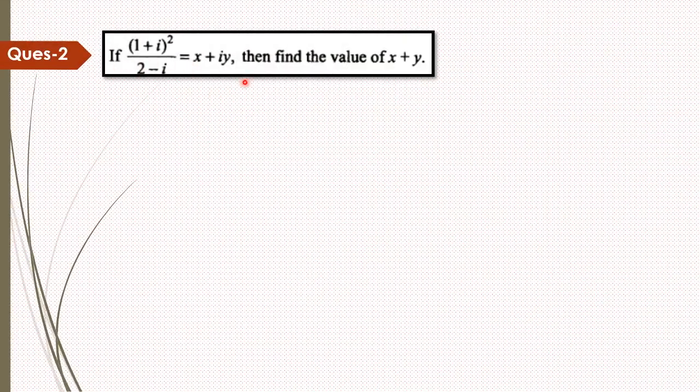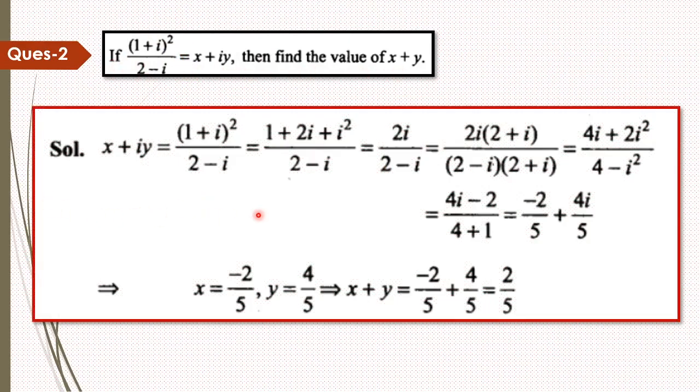Second question, it is given if this thing is equal to this x plus iota y, then find the values of x and y. It means first of all we have to convert this left hand side into standard format. So if this thing is given, numerator we are opening it by using a plus b whole square identity. Then what are we doing? 1 plus iota square. What is the value of iota square? Minus 1. So 1 minus 1 cancel and 2 iota upon 2 minus iota. Multiplying and dividing with 2 plus iota, and then we are getting this thing. Now again putting the value of iota square, which is minus 2. So what are we getting? Minus 2 by 5 plus 4 iota upon 5.